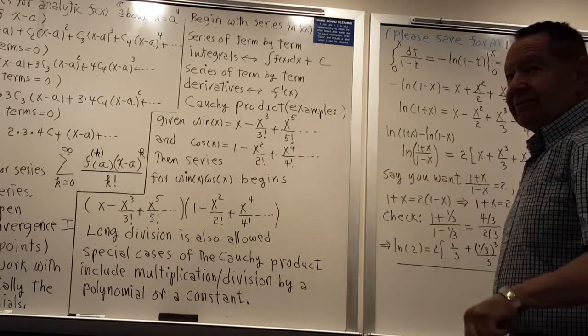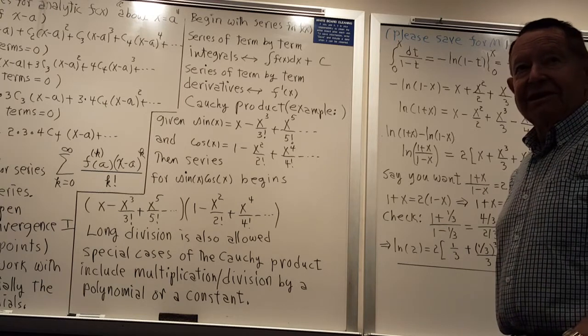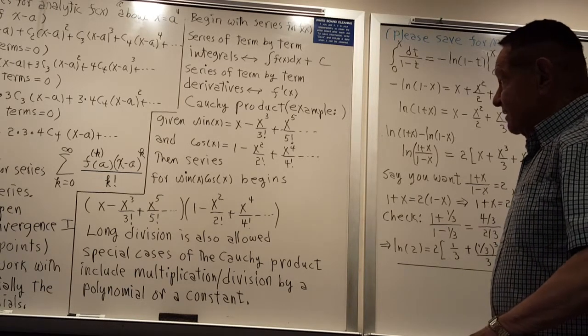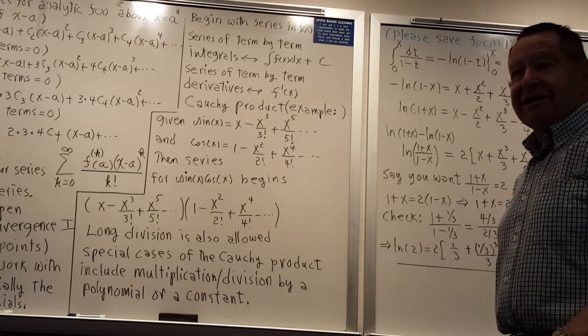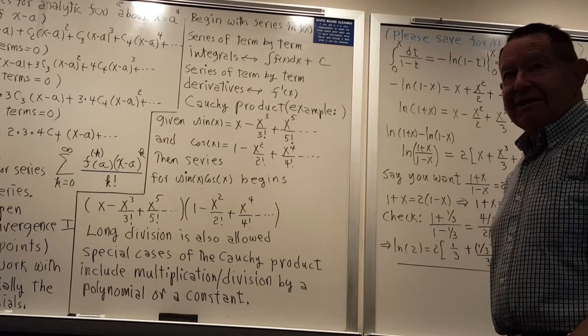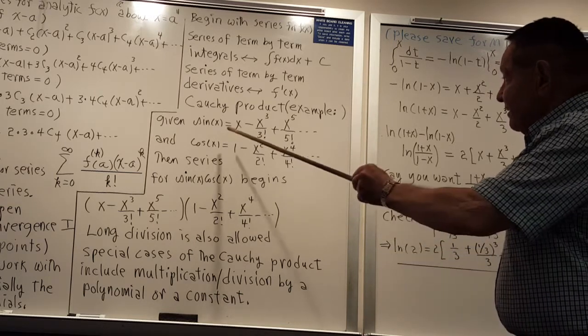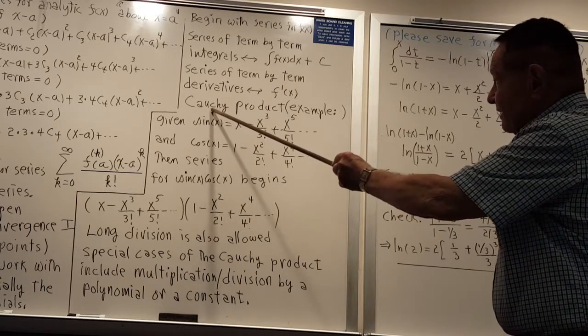And you can go the other way. You could start with the sine series and differentiate term by term and get the series for the cosine. Actually, the interval of convergence for sine and cosine is all x, so that for those two, it's true anywhere. You can also do what's called the Cauchy product. You remember